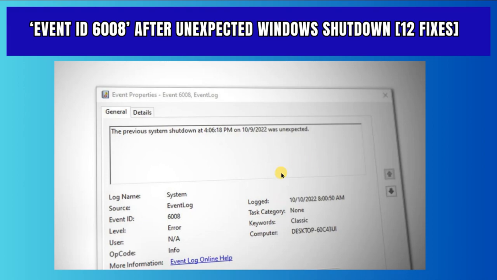Are you also facing the problem where Windows shows event ID 6008 after an unexpected shutdown? Your PC restarts, crashes, or shuts down randomly, and then you see this error in Event Viewer? I was also facing the same issue, and it was really frustrating because I couldn't figure out why my system